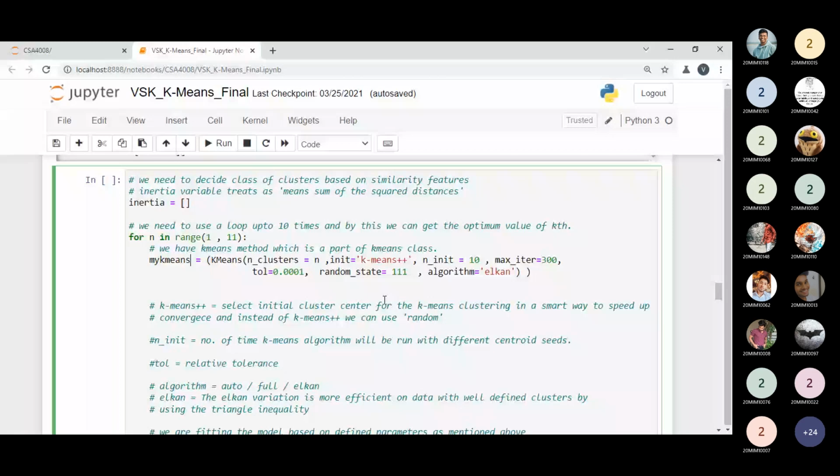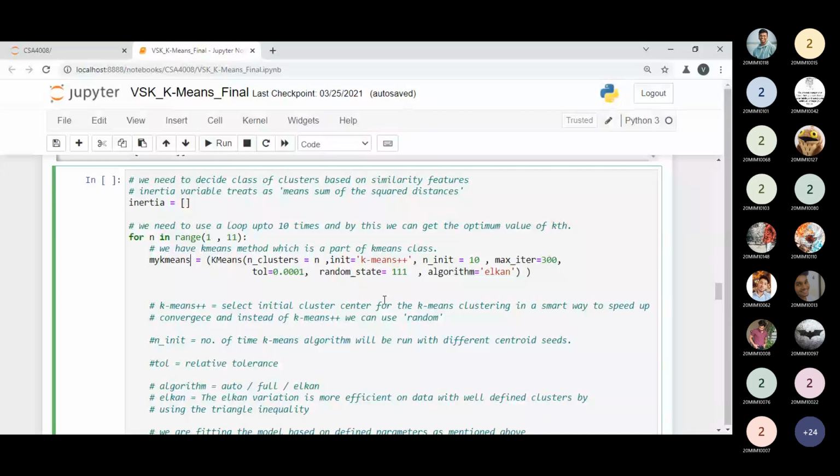tol is basically known as the relative tolerance. tol is equal to 0.001. I'm giving this value just like a learning rate in a neural network, by which we can manage the weights of the input or the weights of the node.